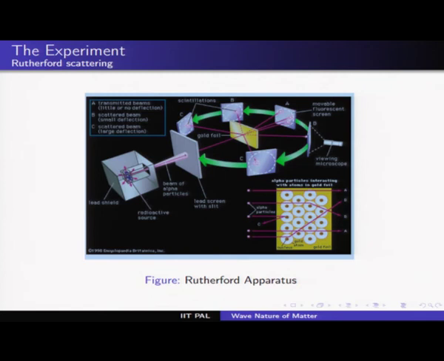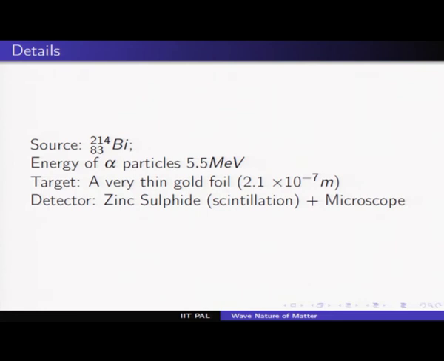So what did Mr. Rutherford do? This is a path-breaking experiment in the world of physics, and we should remember that Bohr was actually Rutherford's disciple. He was sitting in Rutherford's lab when he was making and formulating the Bohr model. So what Rutherford did was to realize that the so-called alpha particles, everyone knew that it was carrying 2 units of electron charge with a positive sign, would be emitted by radioactive material. So the radioactive material that he chose was actually bismuth. So probably I have the next slide. Let me describe that, and then let me come to the description of the apparatus.